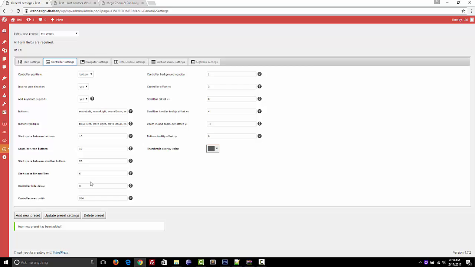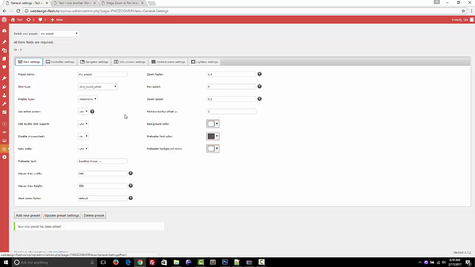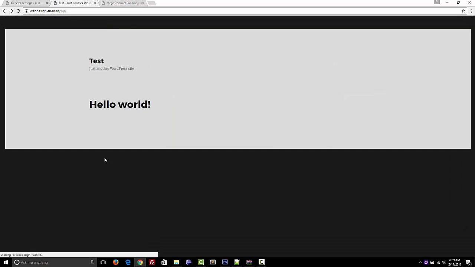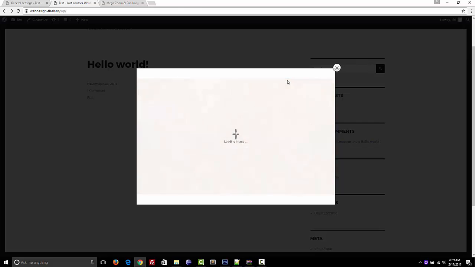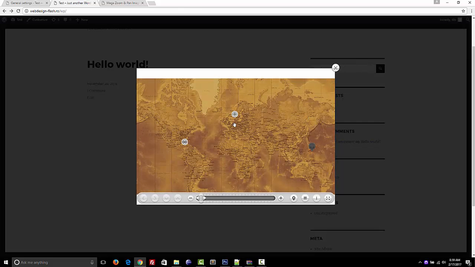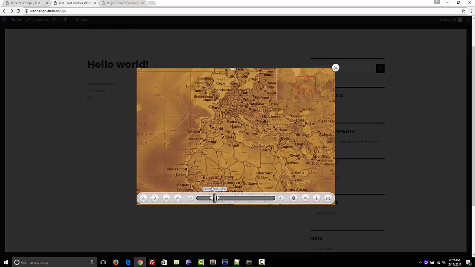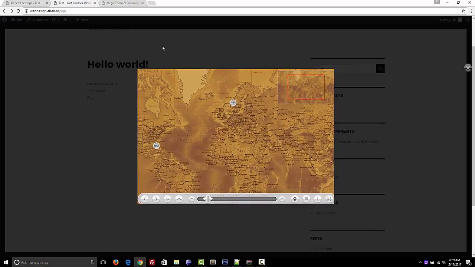I think you get the idea of the controller. There are some parameters that are explained in detail. There is no point to go through them. The main settings, for example, I would like to show you the different display settings. Let's say you want to open this in lightbox mode. So when you hover the page now and refresh the page, the zoomer appears in lightbox mode. Currently it can't be opened on a click button, but it can be opened like this. It's something that I'm planning to add soon, to be able to open it from a button. And also